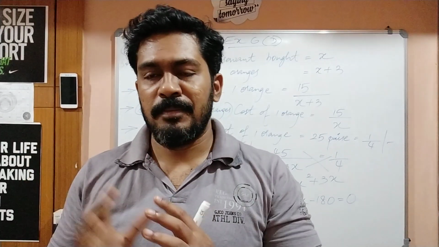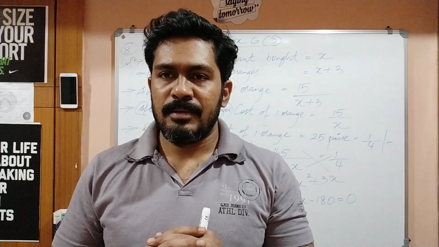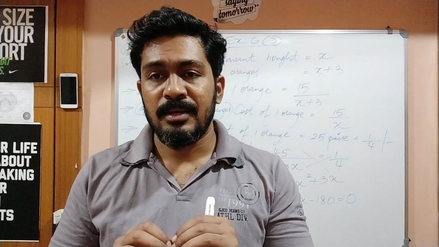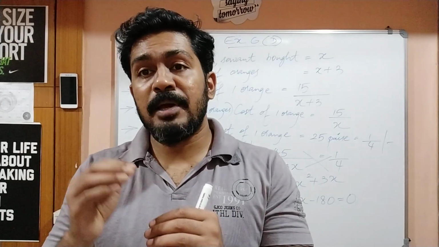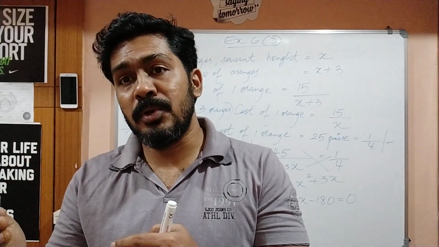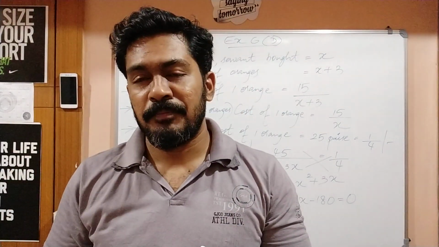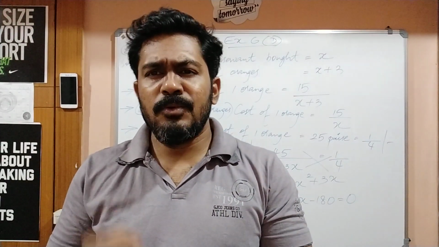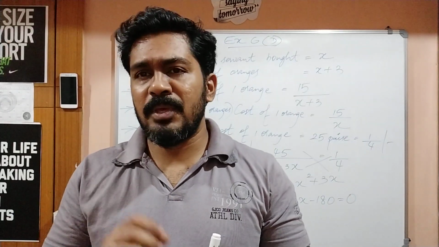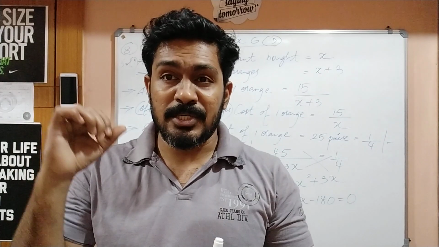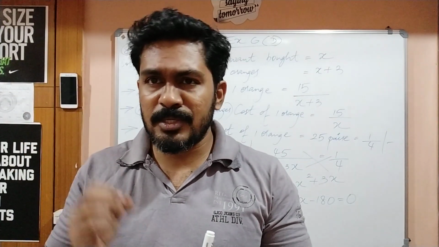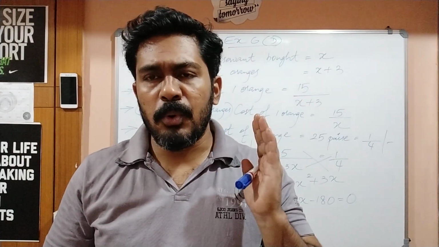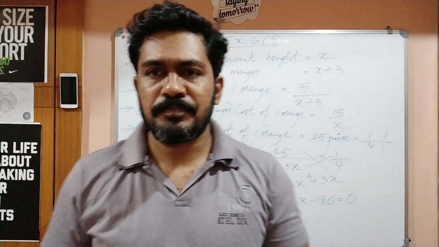Now how does the story go on? They have mentioned, since Mr. Mehra is getting 3 oranges less, he is paying 25 paise per orange more than what he had to actually spend. Now children, the second part of the question is a bit confusing. You will find it a bit difficult to frame the equation and even derive the expressions, but children, I will make it very easy for you. Just look at the board. I have written the required statements for you.